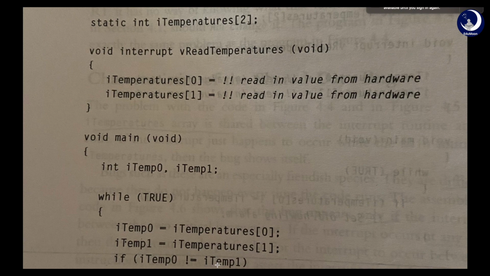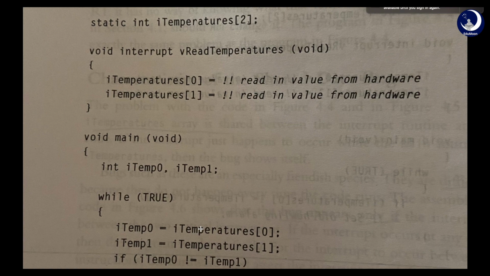Just go through it. I'll again re-explain. Let both temperatures be some 60. Both elements of these I temperature arrays are equal to 60, and the microprocessor has just finished executing this line of code.